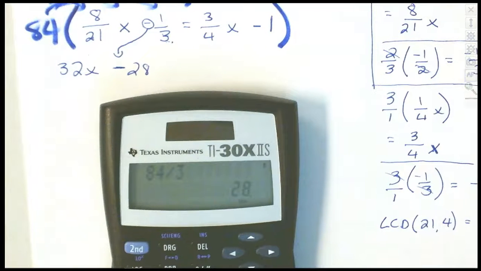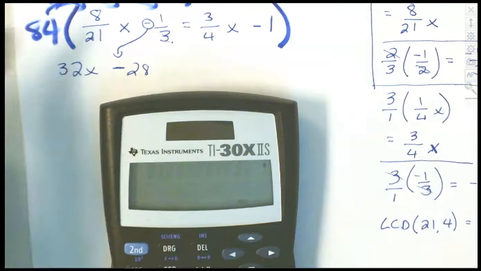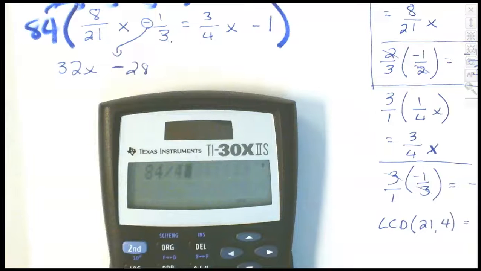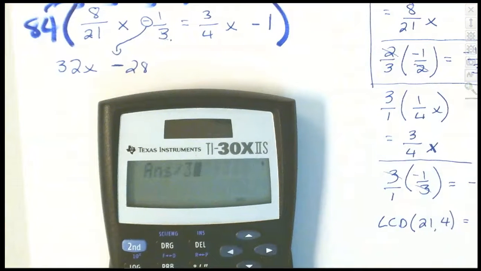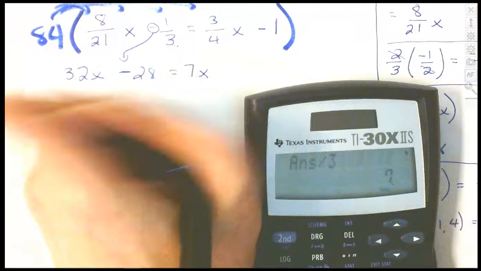And again, you can just do this mentally if you'd like. You can use a calculator like what I'm doing. I'm using a calculator so you can see all the steps here. Next piece, 84. What do? Divide by 4. Then what do? Multiply it by 3. That leaves you then with a 7. And bring down the x